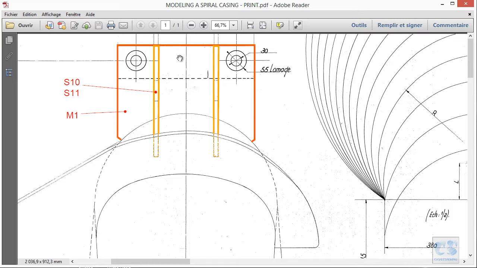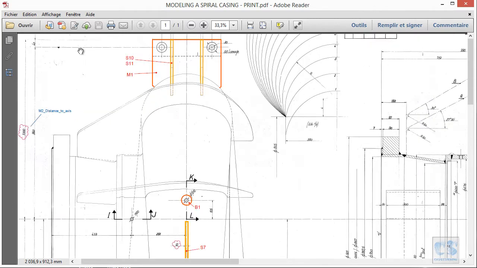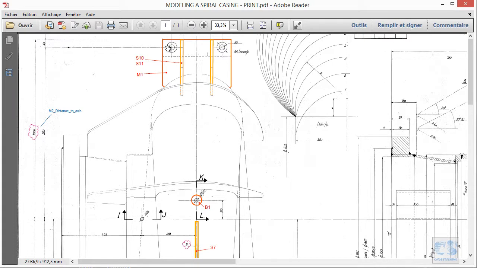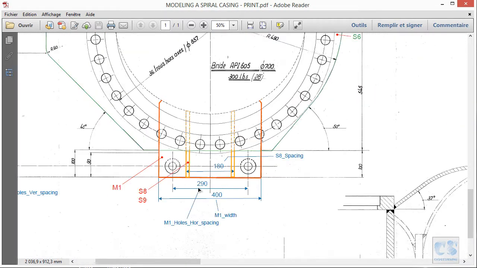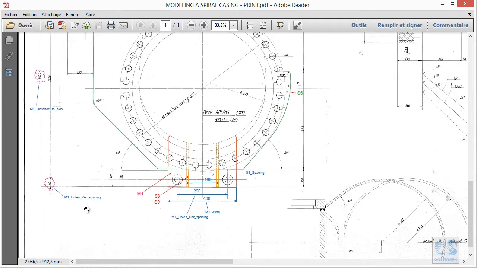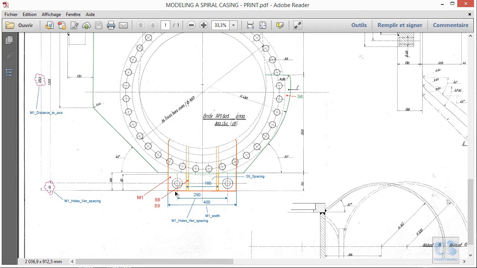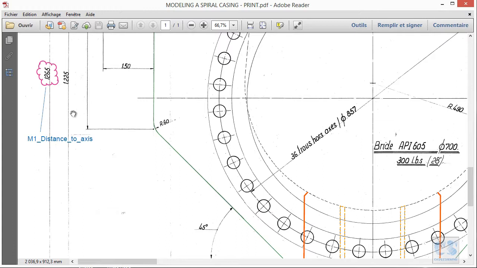The contour bore holes are the same size, and the offset from this edge is the same. The distance center to center is also the same. And what else? This distance to axis, which will define the position of this edge, will not be the same.